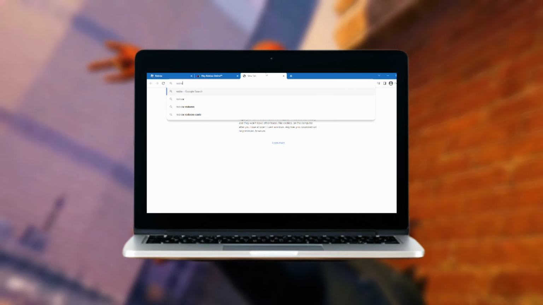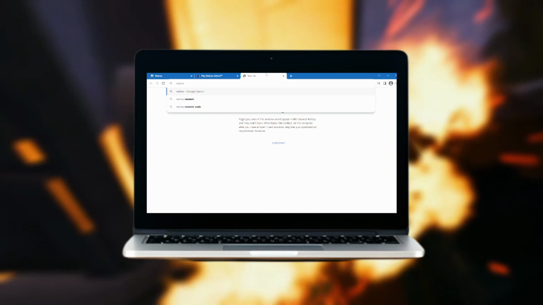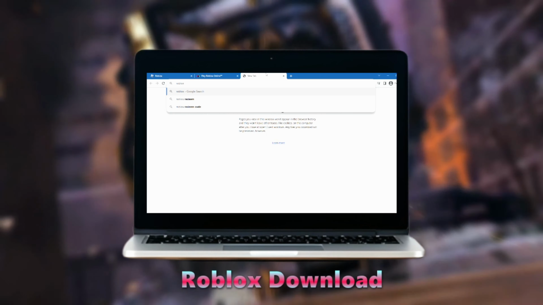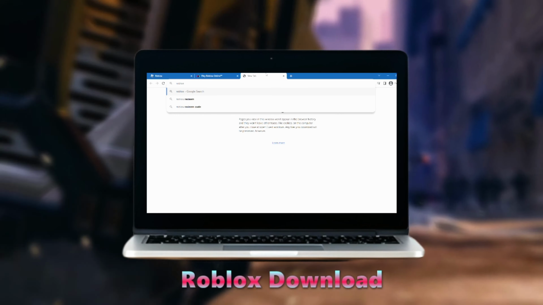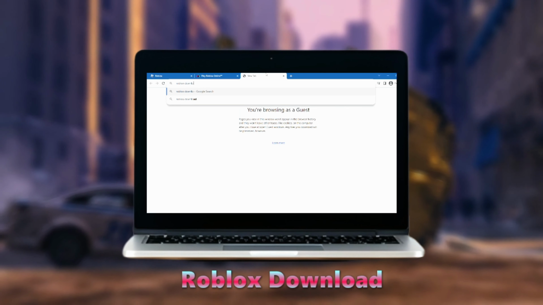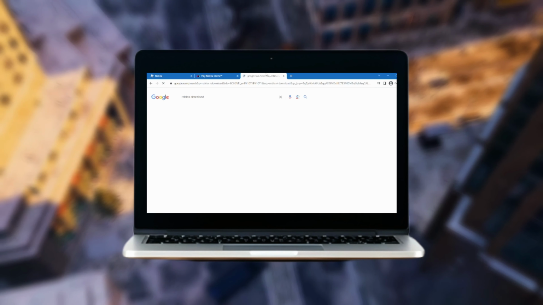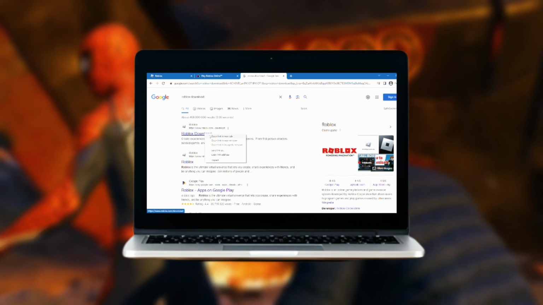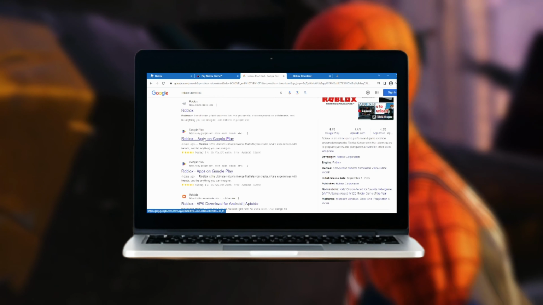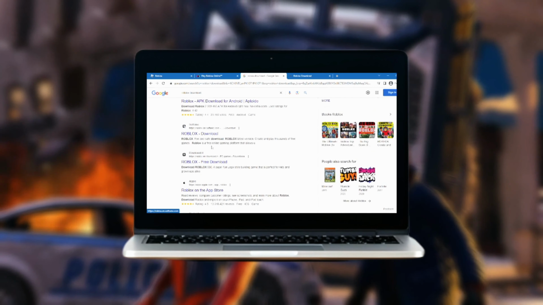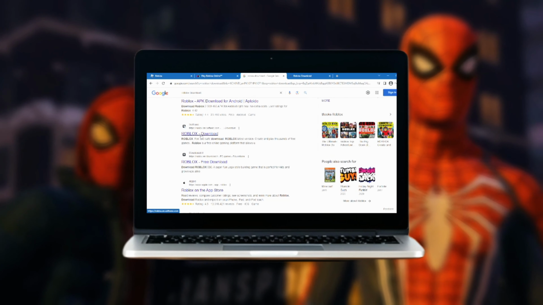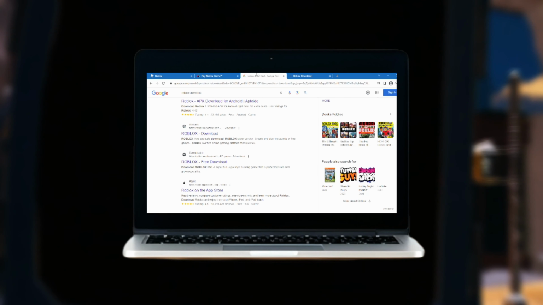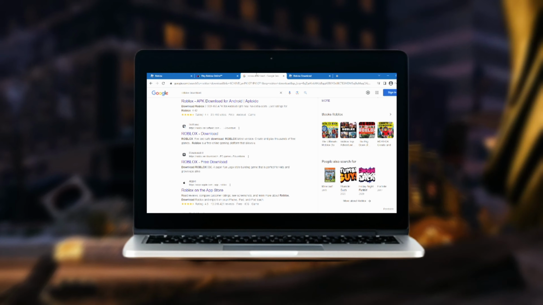Not from the Play Store. It might act up a little bit, but it's better to download the APK on Chrome. Roblox download. There you go. From now you can download it from there, Google Play, and any other third party also. There are many available. Yes, you can also download from the official site. You can now download, install, and then play